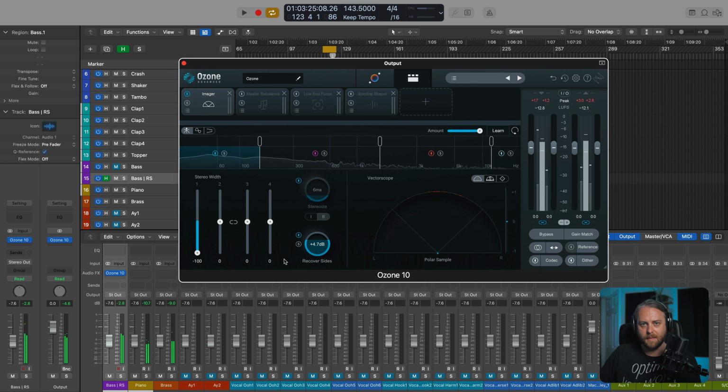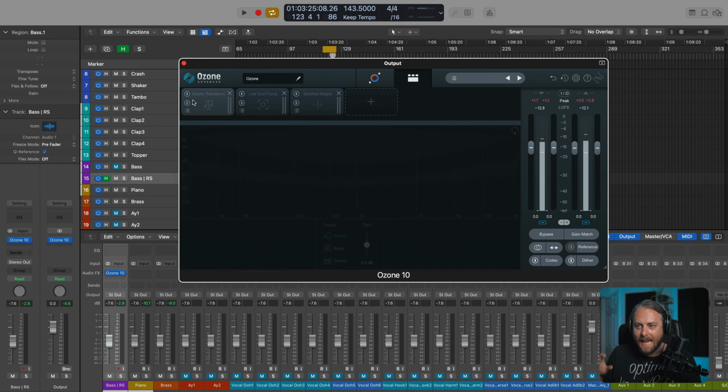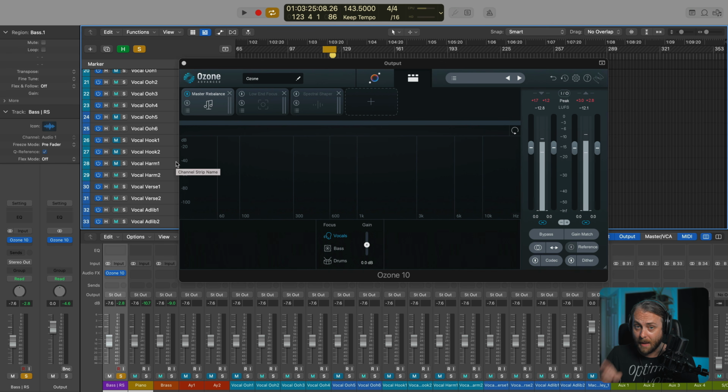So our bass is wider, thicker, more vibrant, thanks to the recovery of the sides that this new kind of tool enables. Okay, so now that we've covered the imager, now we get to this little band of misfits here, these modules that kind of don't fit neatly into different categorization types that we traditionally have when we're processing music. Now, I have to bring back my vocals.